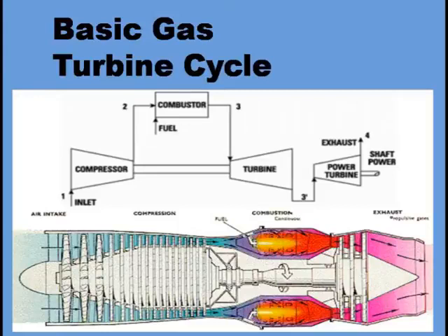The high temperature gases pass over the turbine, which rotates, and finally it is connected to a power turbine which is responsible for operating the gas turbine. It may also produce electrical energy from that turbine. Finally, we get the power output in the form of electrical energy. Here the power we get directly is rotary movement, not the reciprocating movement of a piston. In the case of turbines, the work output is taken directly from the turbine, which is continuously rotating.